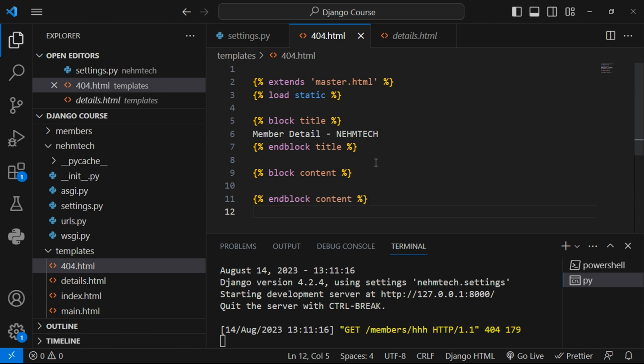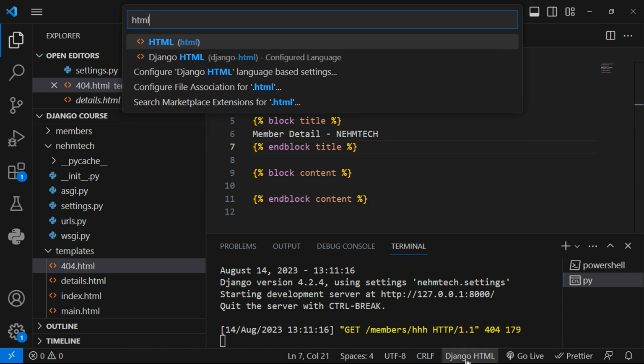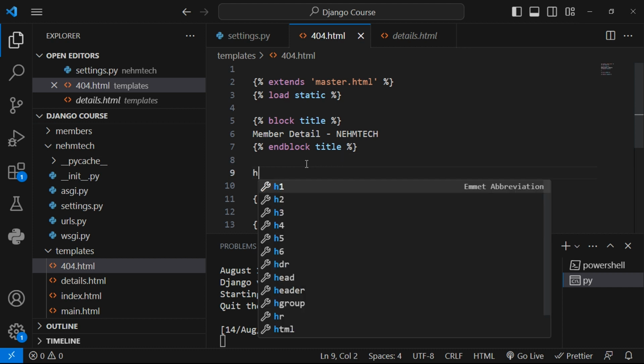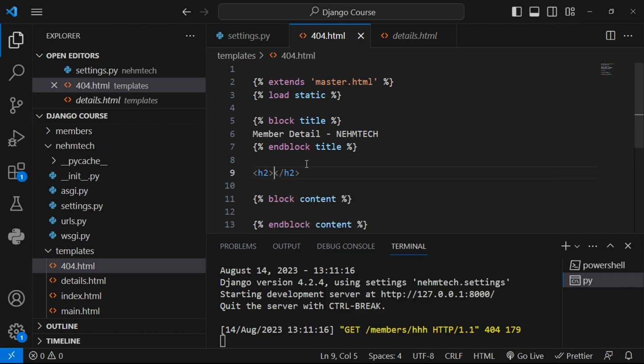Then I'll switch the mode to HTML and use, for example, an H2 or whichever tag you use. I can say something like, oops,